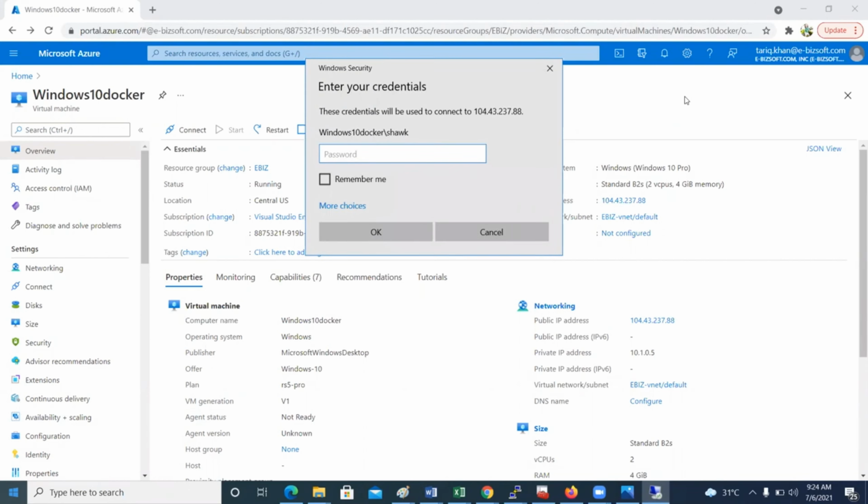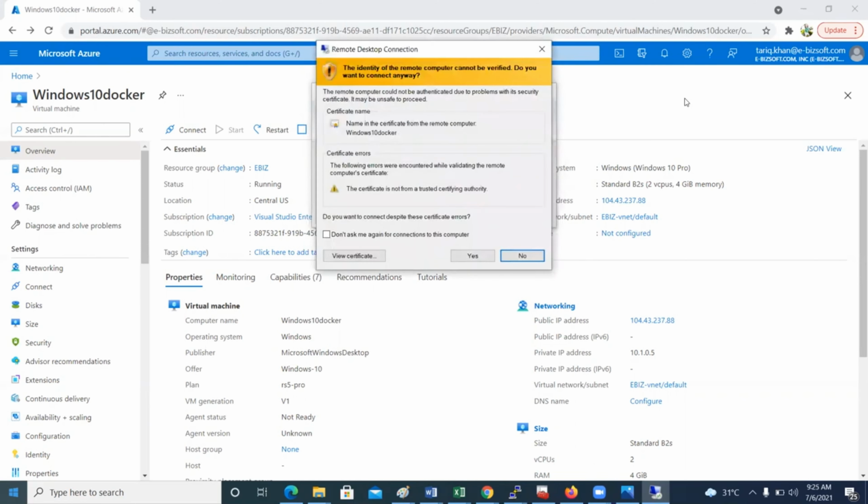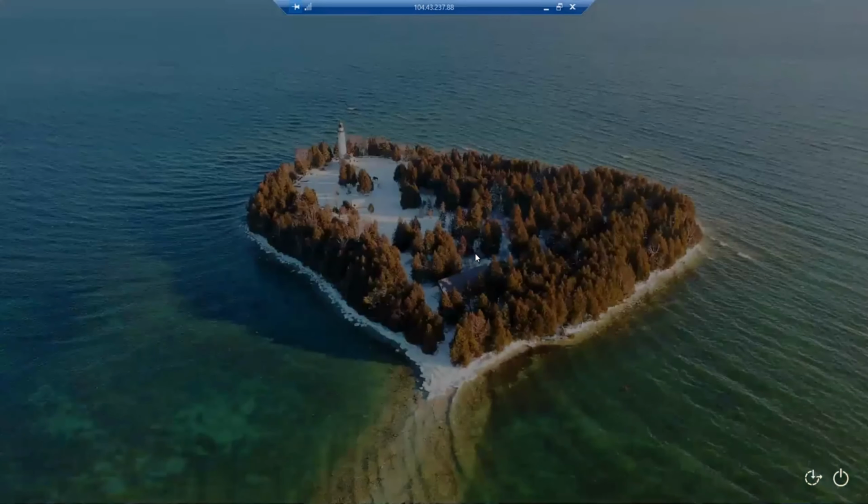And here you can see that this virtual machine is now asking for the password, and when I put in the password, it will simply connect with this virtual machine. And here you can see we get the remote desktop connection with this virtual machine. And right now I'm connected with this virtual machine.